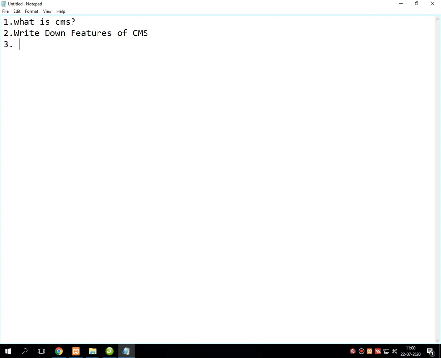Third is write down advantages and disadvantages of CMS.